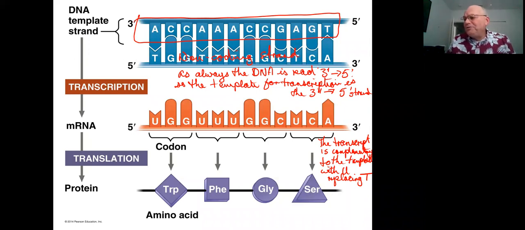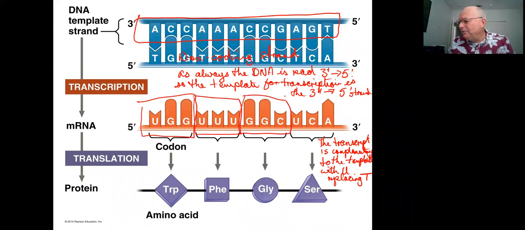Then once we want to translate the messenger RNA, we simply read them off in groups of 3, the triplets or the codons. So here are the triplets in this messenger RNA, and you'll notice that each one has a particular meaning. So UGG represents the amino acid tryptophan, UUU, first one ever figured out, means phenylalanine. GGC is glycine, UUUCA is serine.